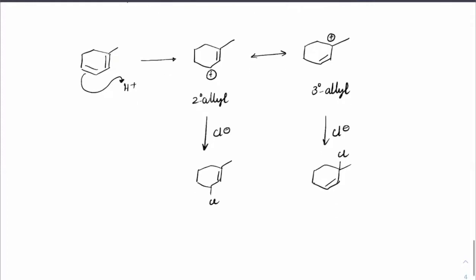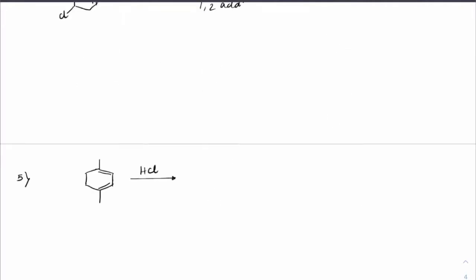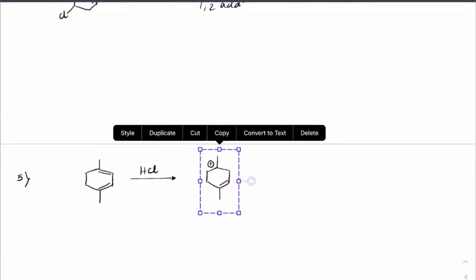So what is this addition now? This has undergone 1,2 addition. This is simply a 1,2 addition reaction. While here, this is 1,4 addition. You can see here it has made 1,4 addition. Typically what we expect, tertiary carbocation should be more stable here. Right? So H plus gets added there, and the double bond should come here. But unfortunately, like I said, these are very minor products. So in this case, I'm not writing these minor products.